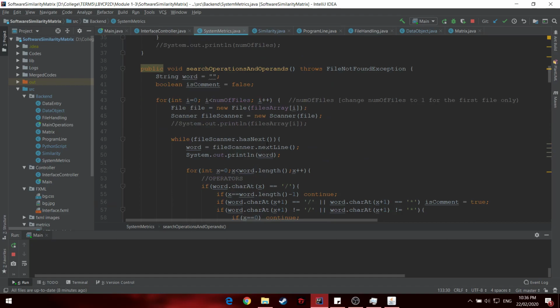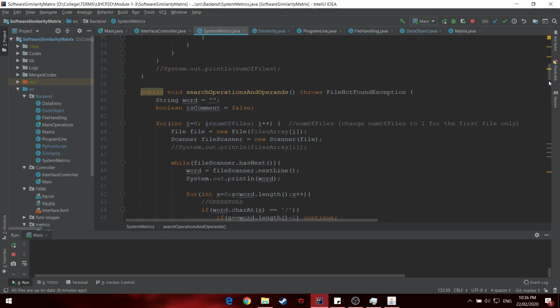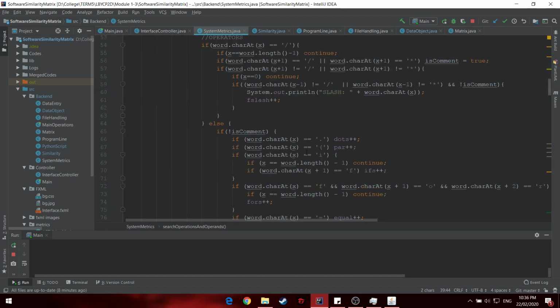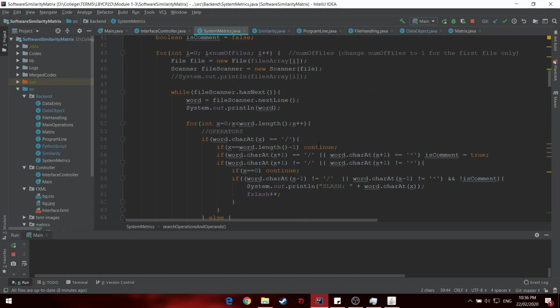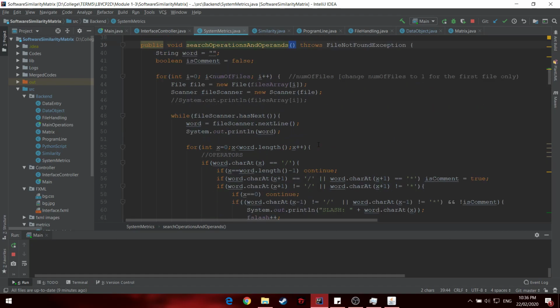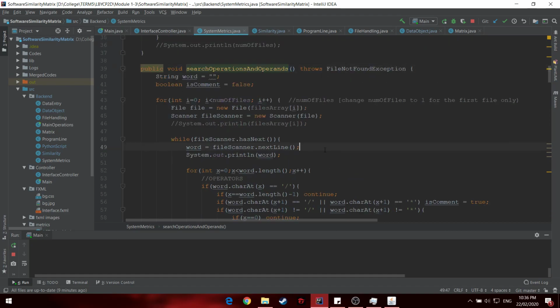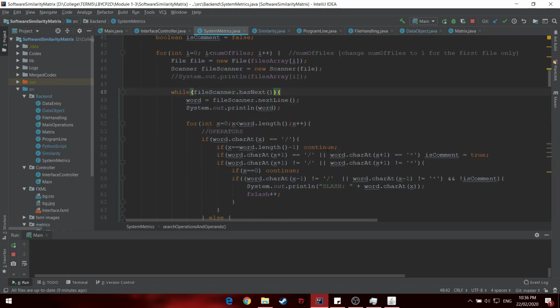For the metrics, basically the local function that's being used is this search operations and operands. For the local, it only considers all of the operations that we have handpicked, whereas using the API, it's automatic. It searches all of it. But for the local, we considered all of the common